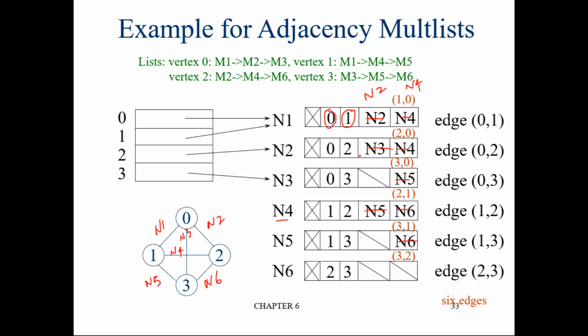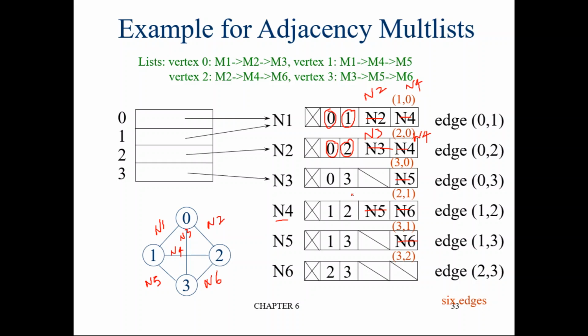How do we get this n3? Again this is 0. Start from this 0 and go down. Where is the first 0 we identify? Here is the 0. So n3 will come here. Right. Then take 2. Go down and identify where the first 2 occurs. Here is the first 2 occurring. So this is in edge n4. So this becomes n4. Okay.